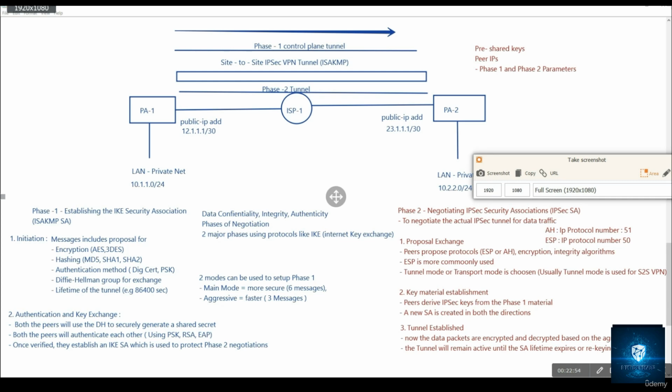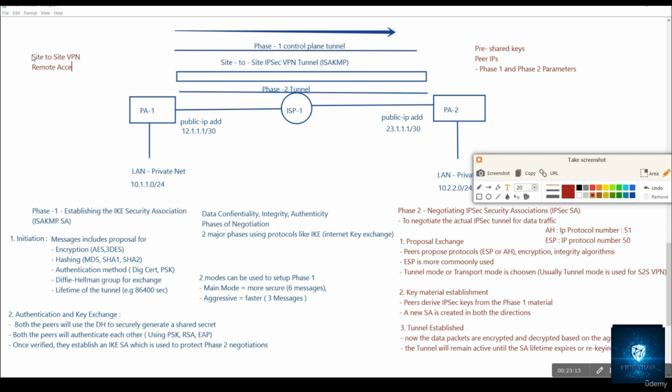Yeah, so there are multiple use cases of site-to-site VPNs or IPsec VPNs. IPsec VPNs can be used in multiple deployment scenarios. One deployment scenario is your site-to-site VPN, where you can implement the IPsec protocol. You can implement the IPsec protocol for remote access VPN solutions as well. Another type is called extranet VPNs, which connect to partner networks securely. All right, and another one is secure communication in your cloud environments. Okay,